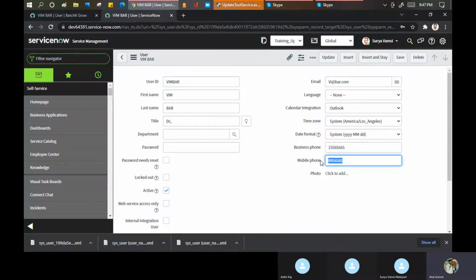In UAT the user says yes, everything is working fine. As soon as you go live, the user says I'm not able to see this option. The reason can be an immature developer who creates a new user account for that person in the production system. He is not moving the accounts. And that is the reason we always recommend, whenever you are moving your data, always create the data in the dev instance so that the sys ID is the same.